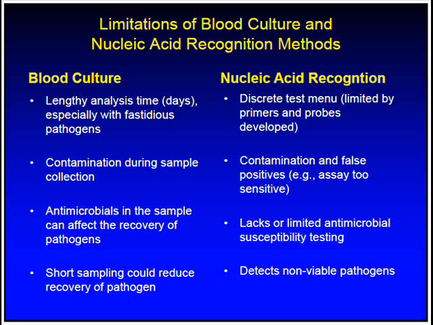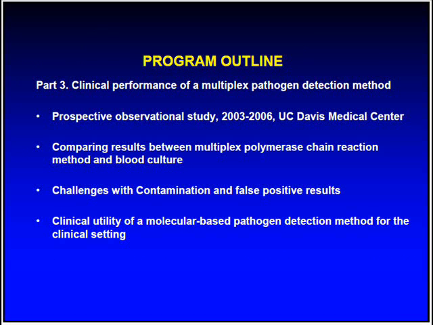Some of the current molecular assays for Staph aureus also screen and test for the mecA gene to determine whether the organism is a methicillin-resistant strain of Staph aureus. But for the most part, current commercial assays do not offer resistance gene testing. In this next section, I will present an overview